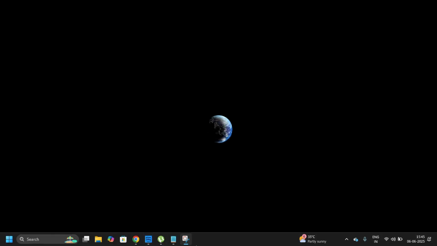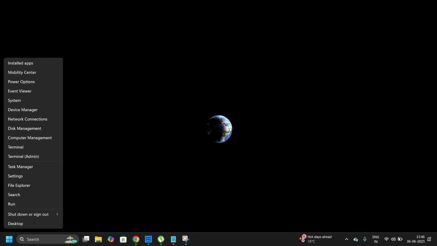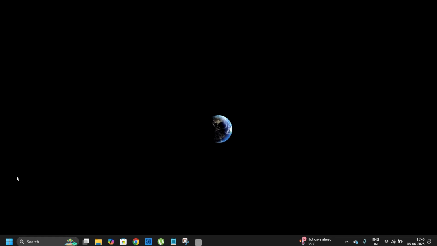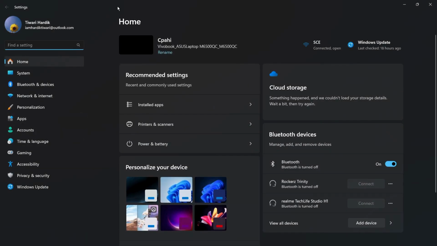So if you have decided to get rid of the Canva application and you want to uninstall it, then the first thing that you will need to do is head on to the settings of your Windows computer. To head on to the settings, simply move your cursor towards the bottom of your screen and you will see the taskbar popped up. And once the taskbar is available, you need to right click onto this Windows button icon, and then from here you can see this option of settings. Simply click onto this settings option